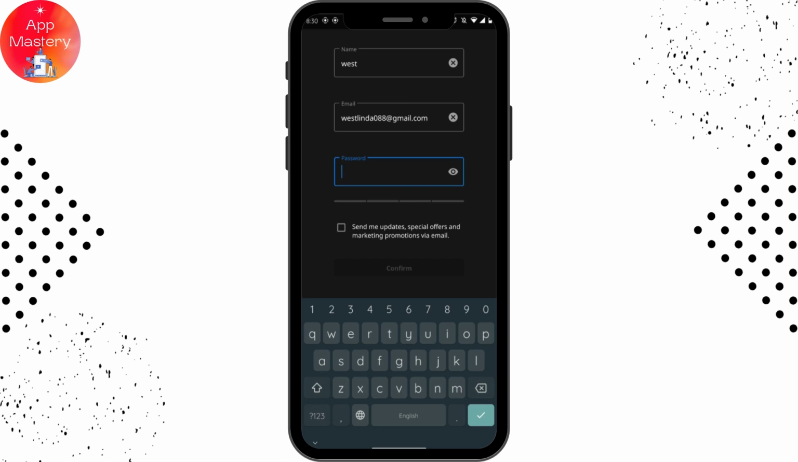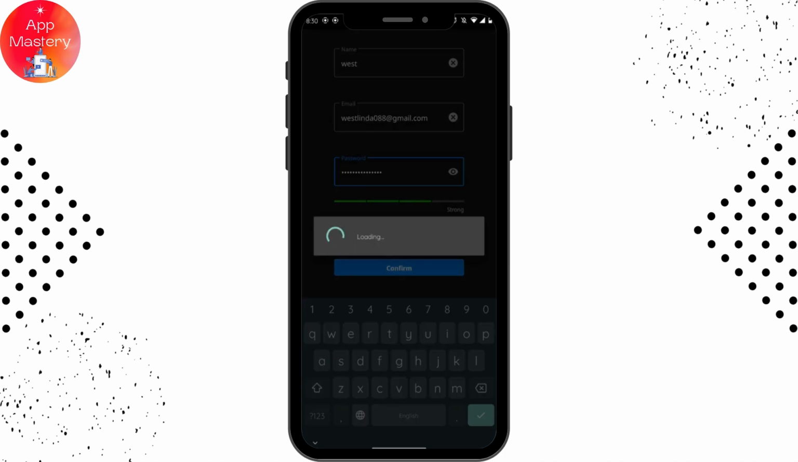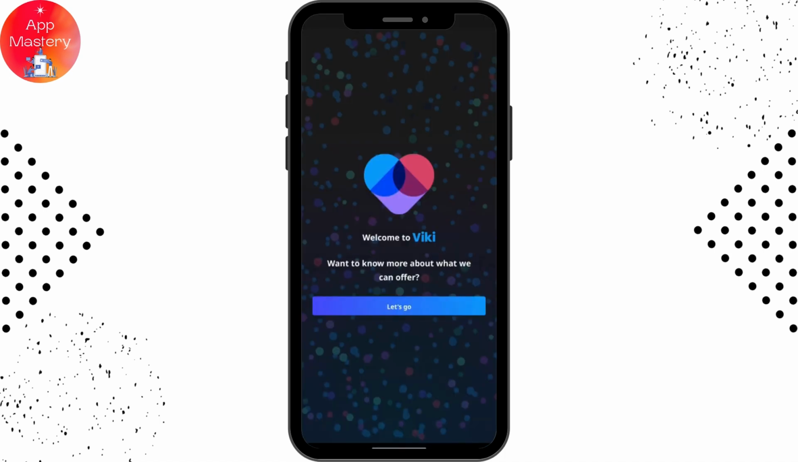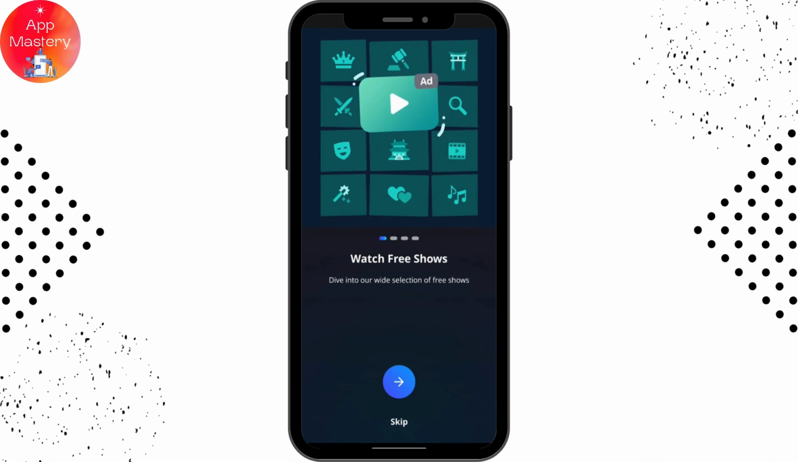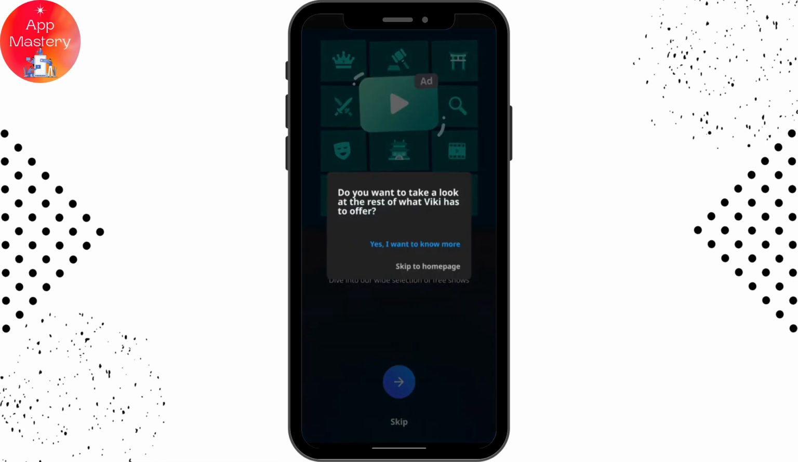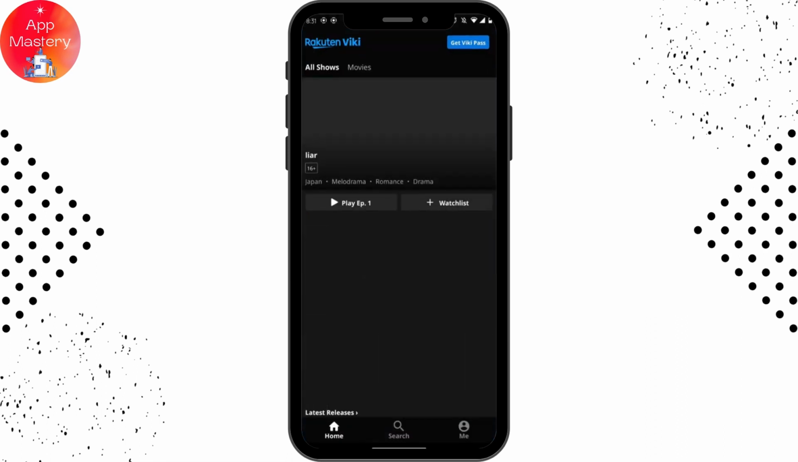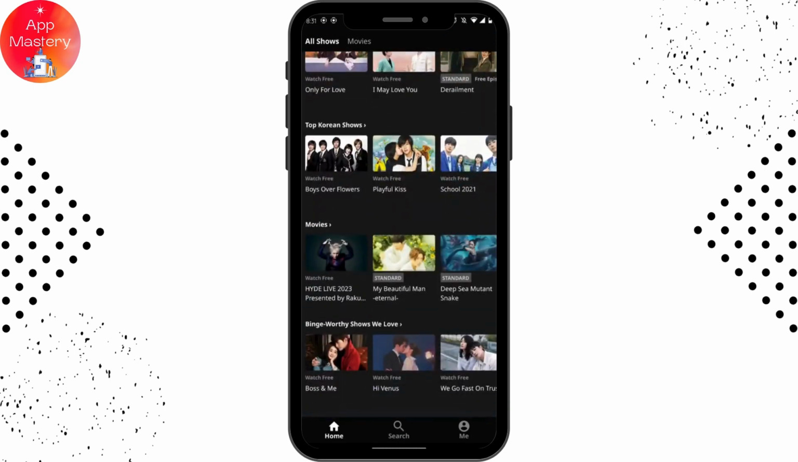And after that, tap on this box if you want to receive some updates or special offers and marketing promotions to your mail. But if you don't want to receive it, then untap it. And after entering your password, simply tap on confirm. And that's it. Now you can simply tap on let's go and then skip this part. And that's it. That's how you create your